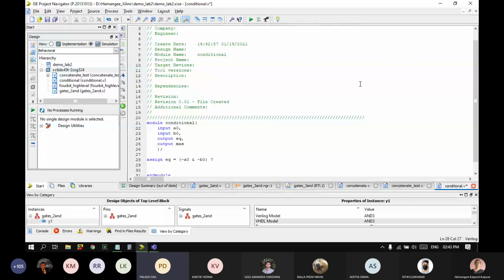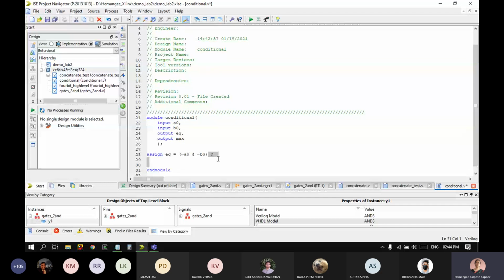It has come. Okay. So I am writing assign EQ equal to A0 bar and B0 bar. Both of them are 0. Then we put this question mark. Okay. And then this is similar to a C language conditional assignment. Both are 0. Then my output has to be 1. So it has to be 1 bit with a value of 1. Okay. This, then a semicolon.